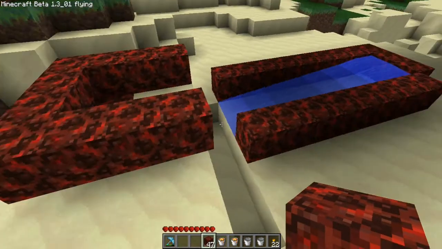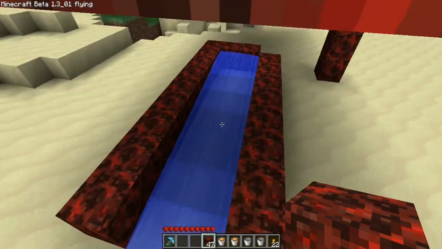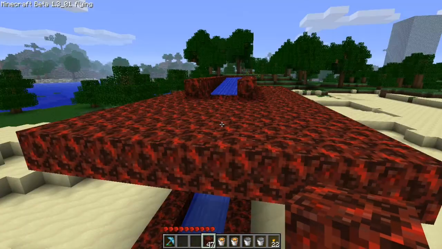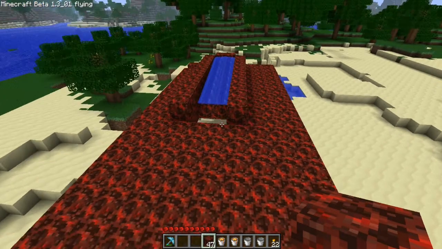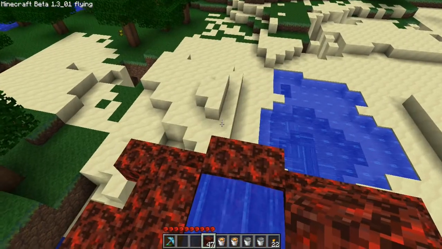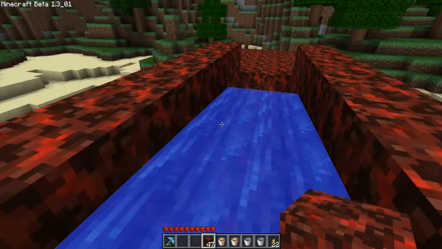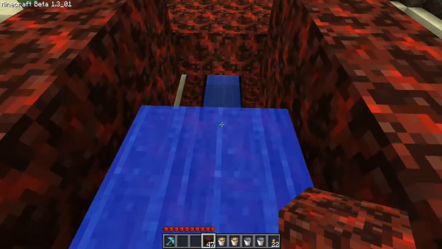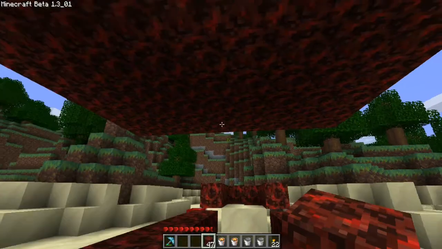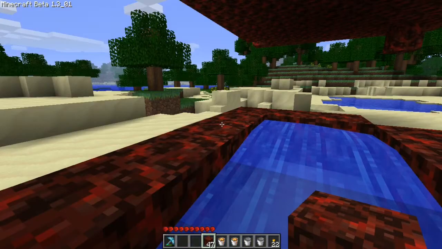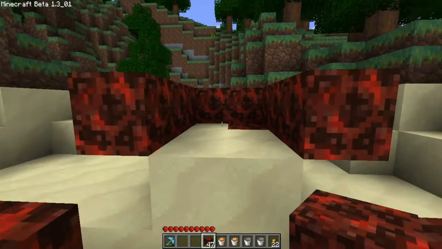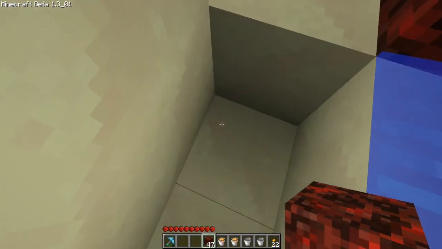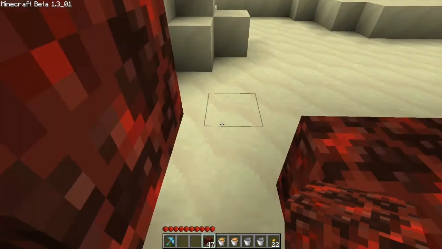So, this is going to be your setup for your grinding part. Your whole trap is up here with all these waters. All the rivers are conveying them into this 4x4 hole, and this 4x4 hole leads into this new area, which conveys them into the lava. Which then, once the lava kills them,